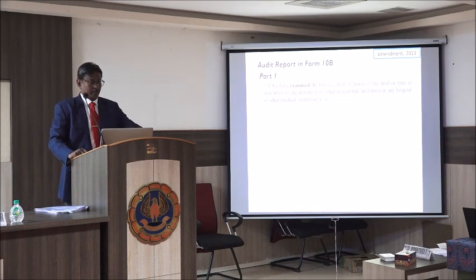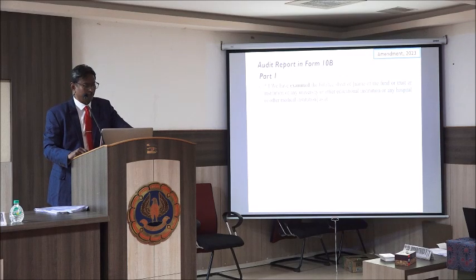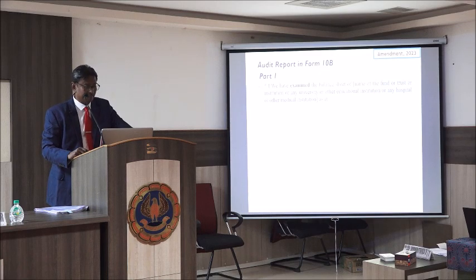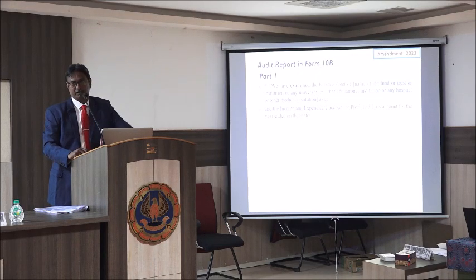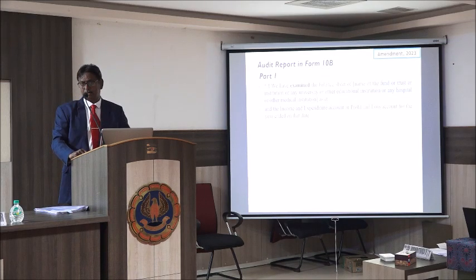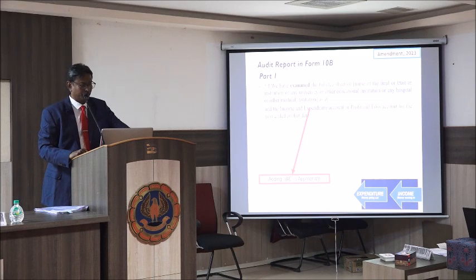Now the part 1 of the audit report is similar. Whatever is given in blue color is a new addition to the form. So I have examined the balance sheet of the fund or trust or institution or university or other educational institution, which was not there earlier. Now they have added the income and expenditure account. Earlier it was only the profit and loss account. Now they have added the income and expenditure account, which is very appropriate, because for a non-profit organization we have to prepare an income and expenditure account. So they have appropriately added that format.